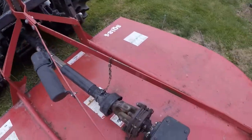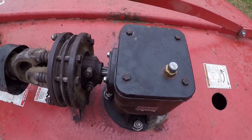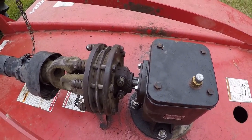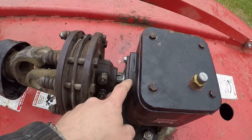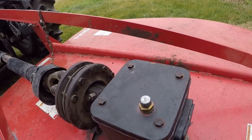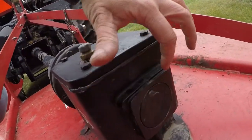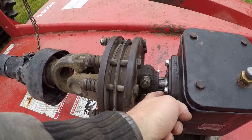All right, we got hooked up to the tractor, and when we had things actually torn apart, my camera was MIA, so I didn't really get any footage of the inside. But basically there's a tapered bearing in the front here and a straight bearing in the back, which to me seems like maybe not the best design. Everything's held in with snap rings, so like this cap comes out and there's a snap ring and some shims, and then the bearing, and kind of similar deal on this side, there's a seal here,